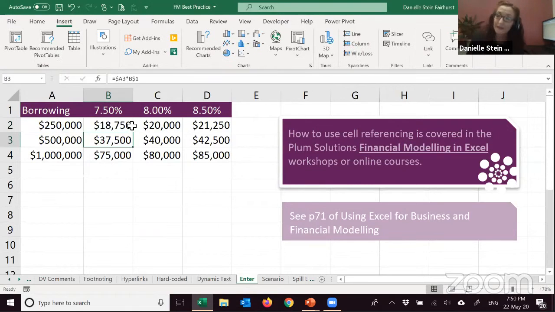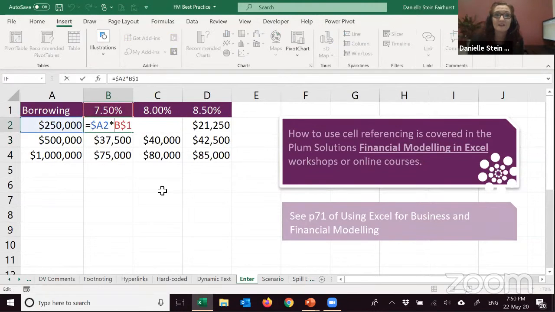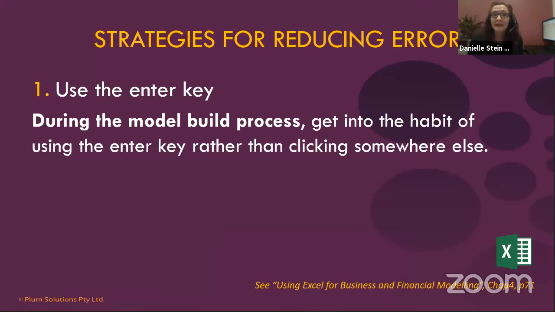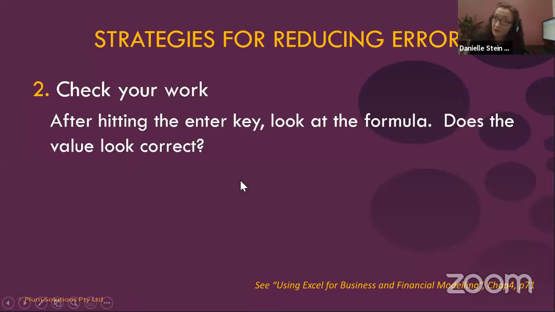Just be really definitive about it: okay, I'm finished editing the formula and now I'm going to hit the enter key, because if you were to click somewhere else, that can cause problems. So try to get into the habit of always using the enter key rather than clicking somewhere else afterwards. And after you've hit the enter key, look at the formula.